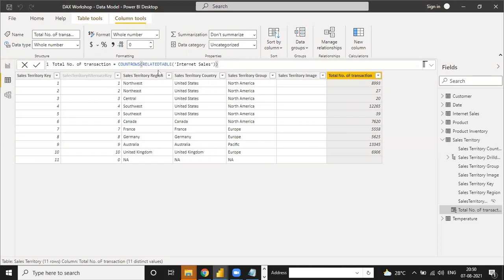Now suppose for this we have to correct the total number of transactions. Suppose this value is given to us, the total number of transactions, and instead of this we have one more logical condition to use. Instead of IF, we use SWITCH in Power BI. Switch is also the same as the IF condition. So how to add a switch? Let me tell you. You have to put a new column here.